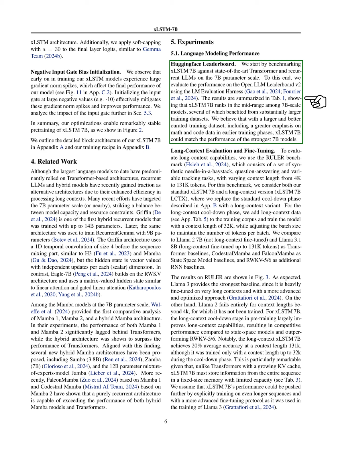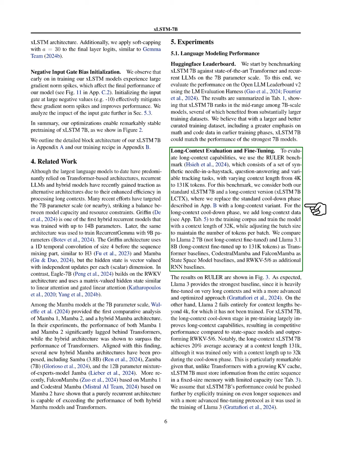We believe that with a more extensive and better curated training dataset, particularly with a focus on math and code in the early training stages, xLSTM-7B could achieve performance comparable to the top 7B models. Next, we evaluate long context capabilities using the RULER benchmark, which includes various tasks with context lengths ranging from 4,000 to 131,000 tokens. We analyze both the standard xLSTM-7B and a long context version, xLSTM-7B LCTX, which incorporates a modified